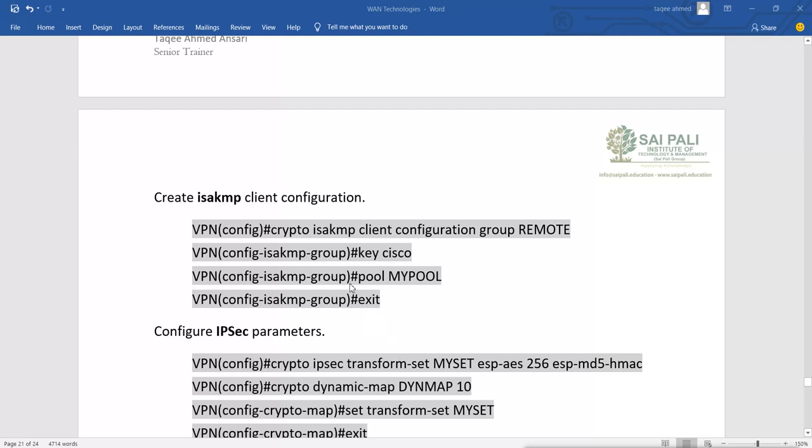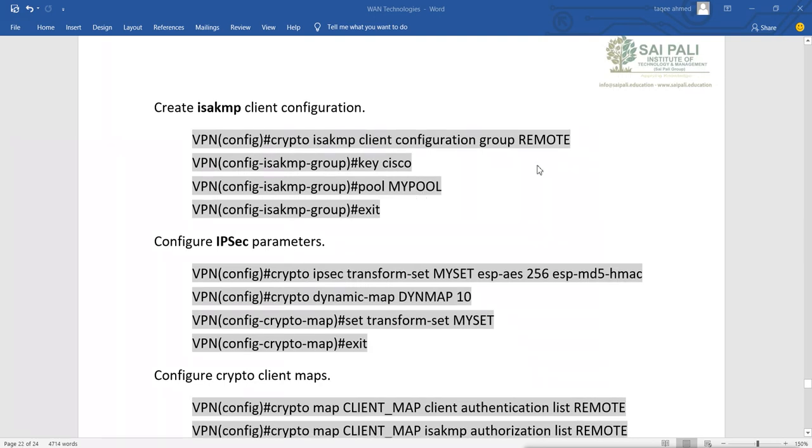For the client configuration group, we are using the same name. Then we use the username, we use the password, then we use the pool name. These names we have to mention, and these we have to create. Then we set the IPsec parameters here by using the crypto command. Transform set, my set, what encryption we are using.